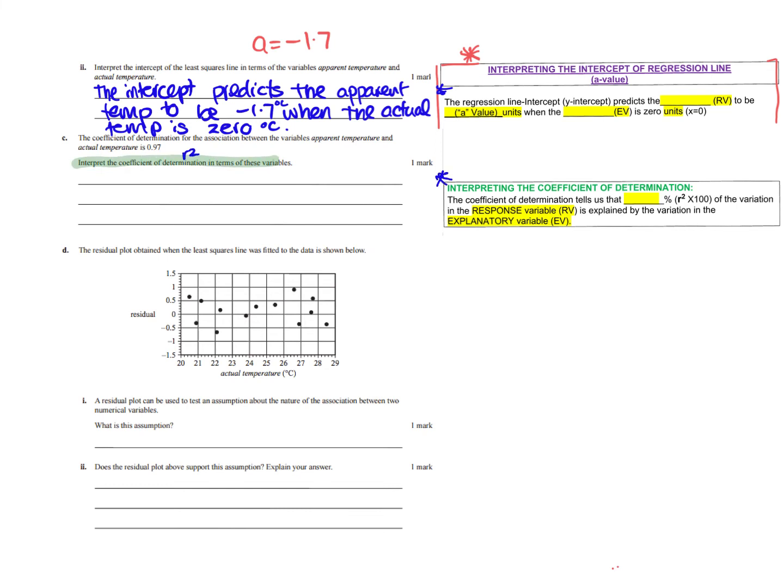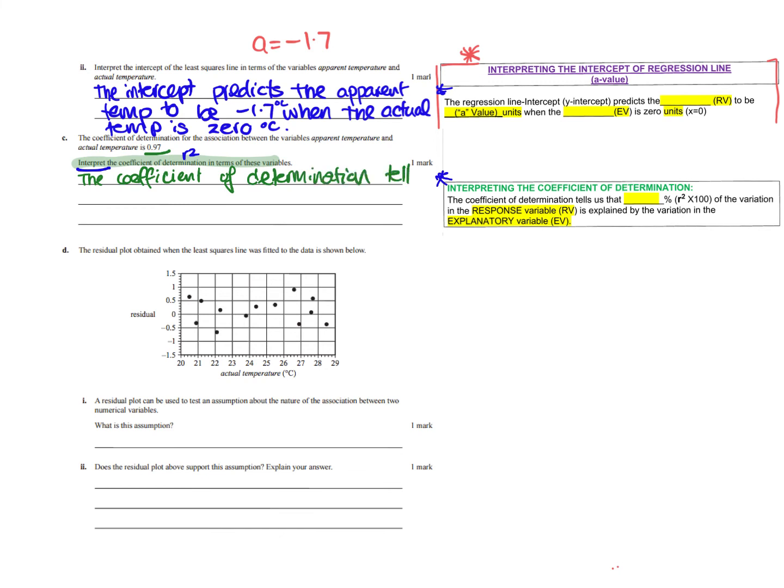So I've gone to my notes for that because I told you every time you see the word interpret, there will be a fill in the blanks. So here we go. I'm going to do that one. So the coefficient, now they told me it to be 0.97. So the coefficient of determination